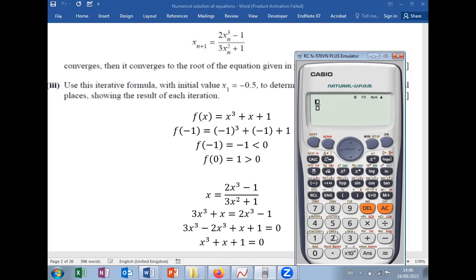And now make this entire formula 2 answer cube -1 divided by 3 answer squared plus 1. Now you carefully press the equal to button because you must make sure you write down